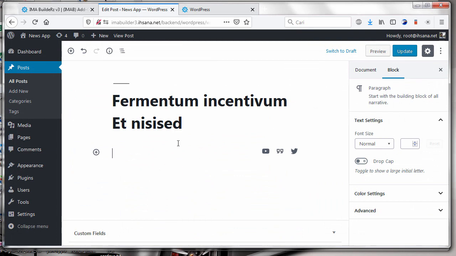Oh yes, if you want to appear on the slider, the content must be written.